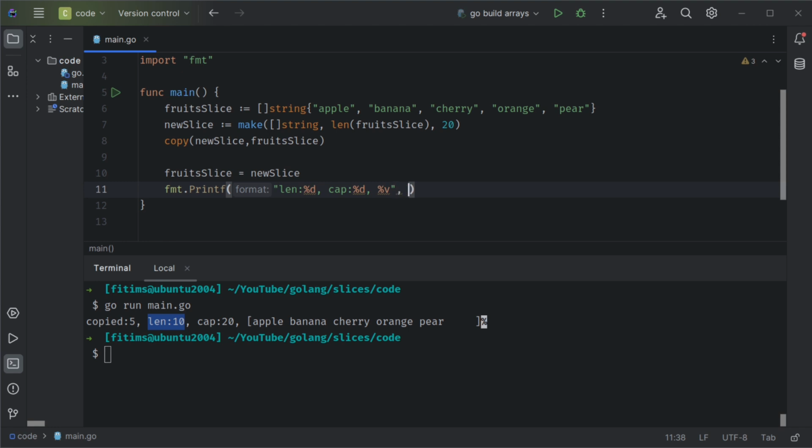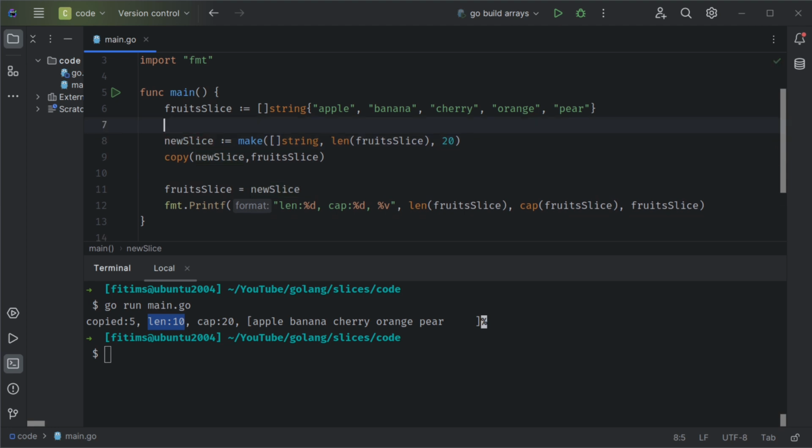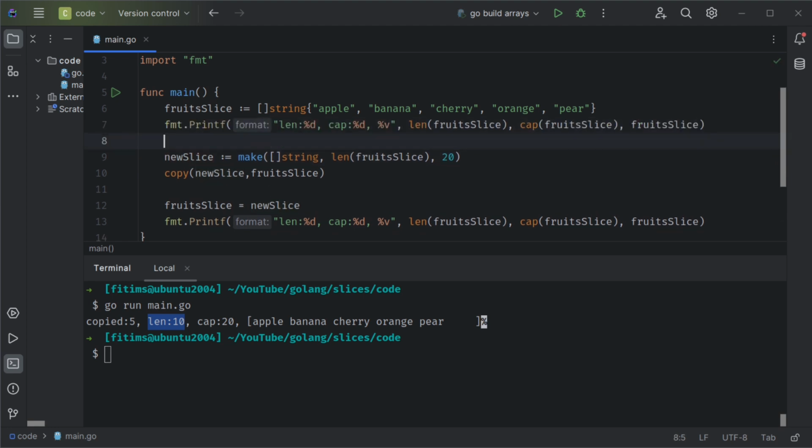So let's do fruit slice. We need to do len of fruit slice, cap of fruit slice, and then the fruit slice also. Let's print this before we make the copy as well. So if we run the application now,